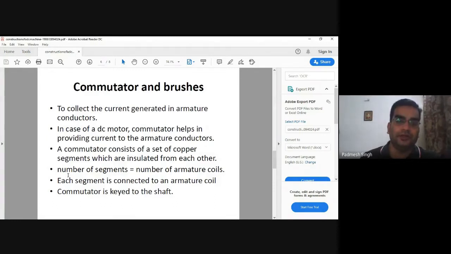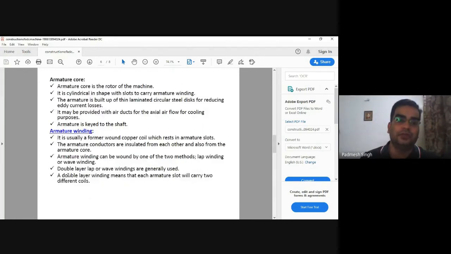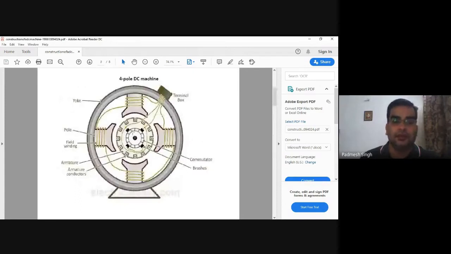Now come to commutator and brushes. Now what are the commutator and brushes? Basically, if we come to the basic construction of the machine here, this is a commutator. The central part of the rotor is a commutator. It has two purposes. First, it works as a mechanical rectifier, which converts AC into DC and DC into AC,